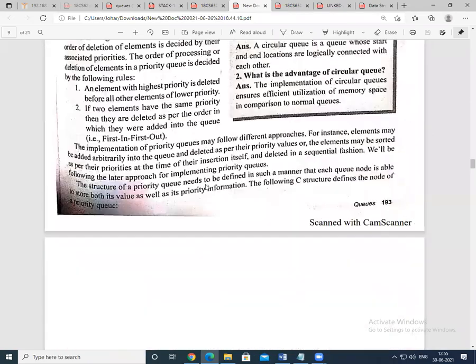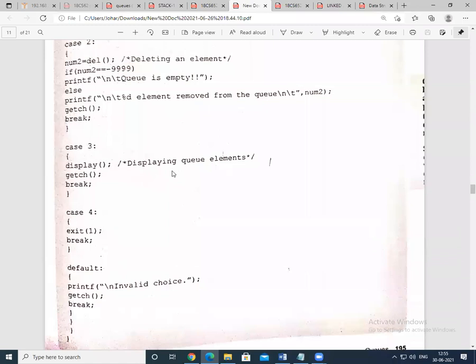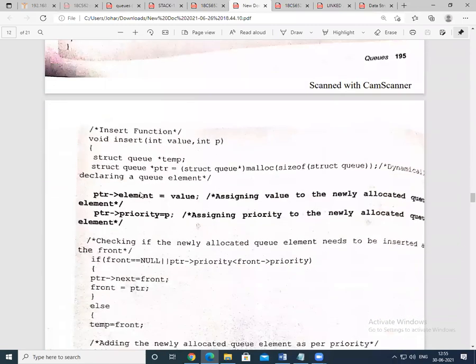In the case of programming, let me go to the program here. How can the insertion function be explained? They call insert. See here, the value will be copied to the ptr of element, and the priority will be copied. Now you will check the priority of the front. See whether the front equals null and the priority of the ptr is less than the front of priority.